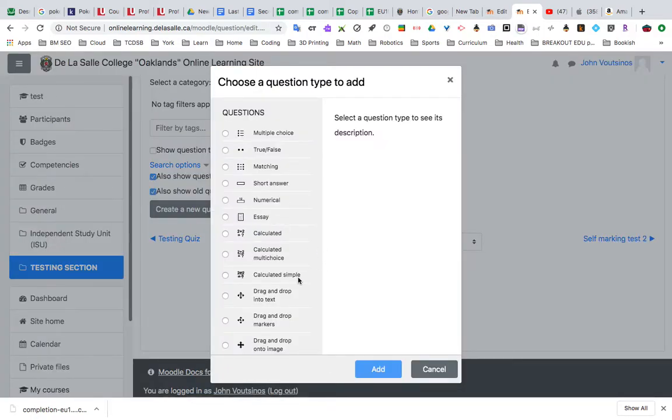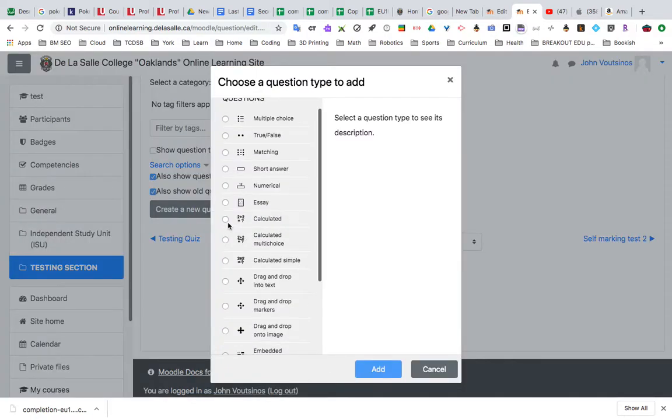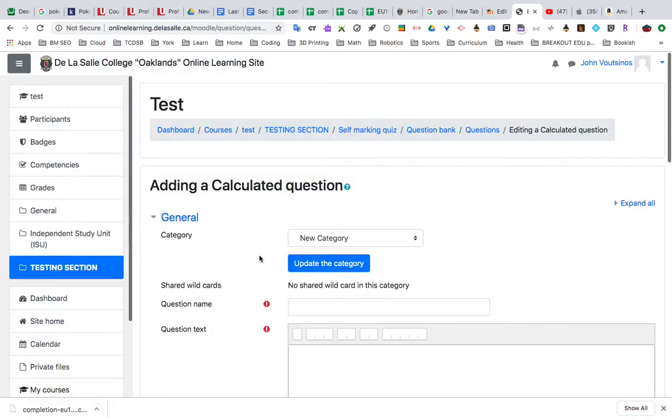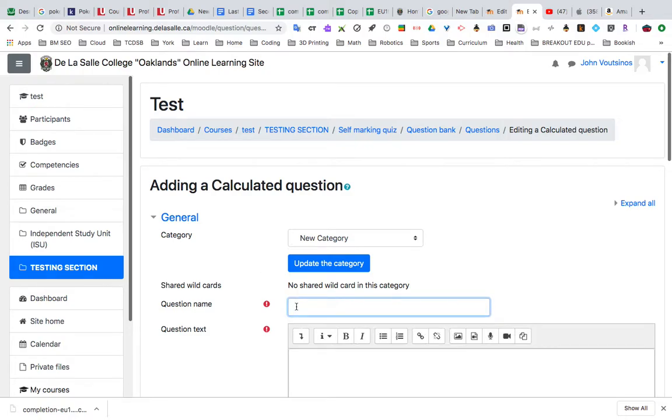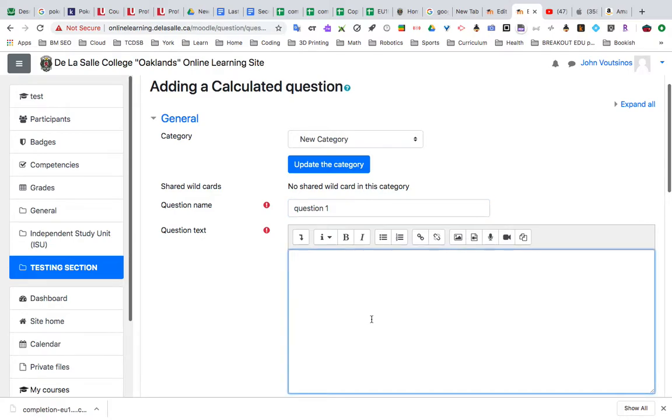And it's going to bring me here, and it's actually called calculated. It used to be called arithmetic. They've changed the name. Calculated. So I'm going to select add. It gives me some options here, and I'm going to call it question 1. And really important here, this is the actual test itself. So I'm going to say here is a question,